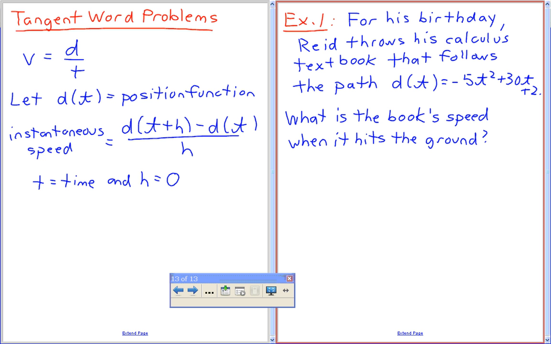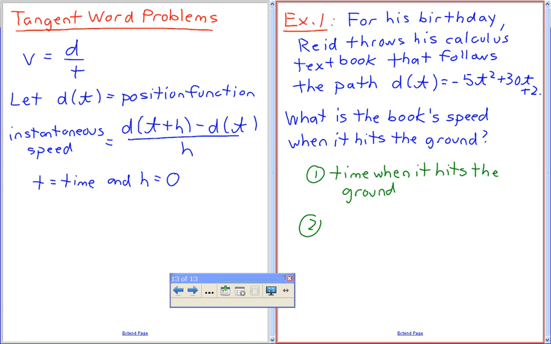Okay, ready? Assuming the book is still moving as it hits the ground, what's its speed going to be? What are we going to need? Good. So things we need is the time when it hits the ground. What else do we need? Height? What's the height going to be? 0. Distance to travel, yeah, maybe. Okay, that could work. Probably we're also going to need